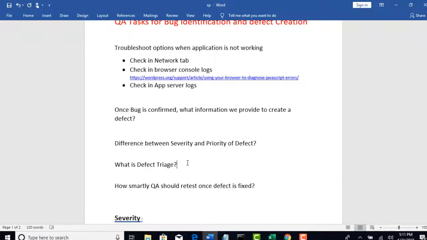The product owner holds that meeting, and the product owner may take the call of assigning the severity and priority values for that particular defect, because the product owner has more knowledge of the domain and more interaction with the client, and is the best one to take the call on assigning these columns. Okay, so sometimes development managers also play a key role here. For example,